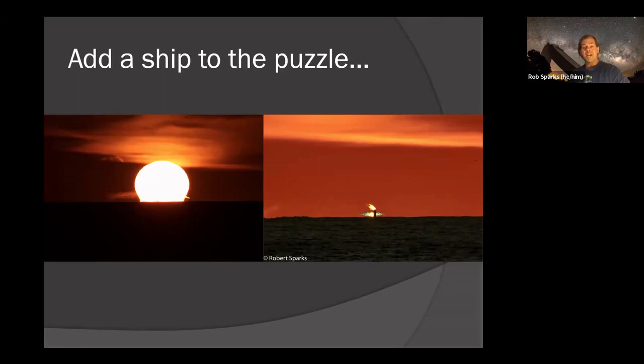And I've gotten this a couple times, not just from a ship smokestack, but in Tucson, I got it with an A10 near sunset that flew across the face of the sun one time. So I got this nice little streak of the refracted sunlight connecting the A10. It looks like the A10 has these flames shooting out the back of it, which is pretty spectacular. I've gotten it from a couple of helicopters that have crossed the face of the sun when I've been photographing. So again, if you do it long enough, you start getting dumb luck and good timing.